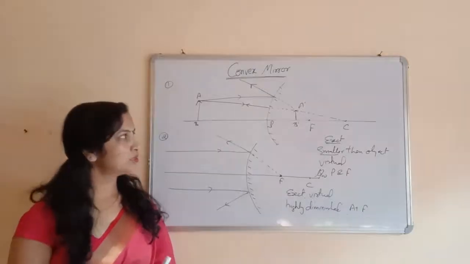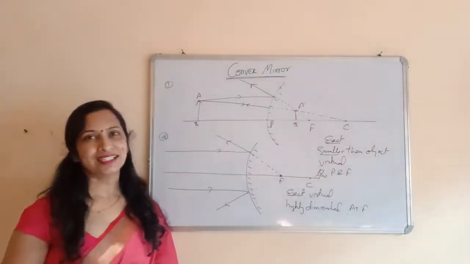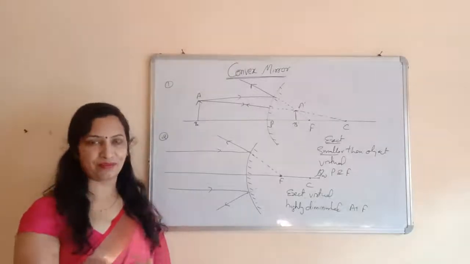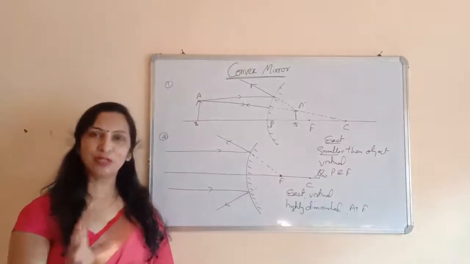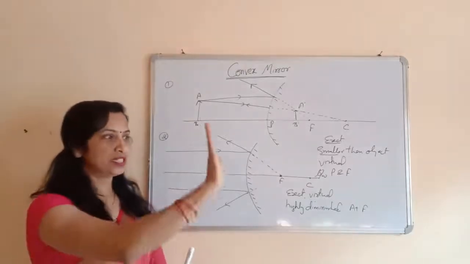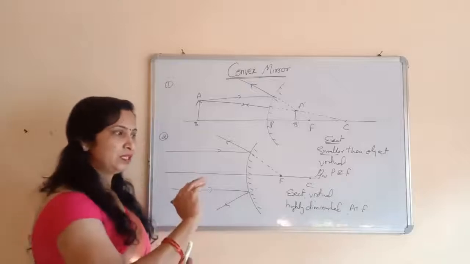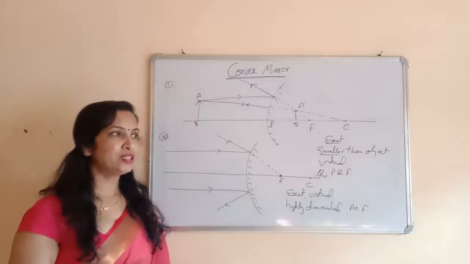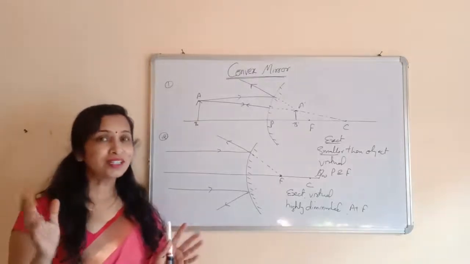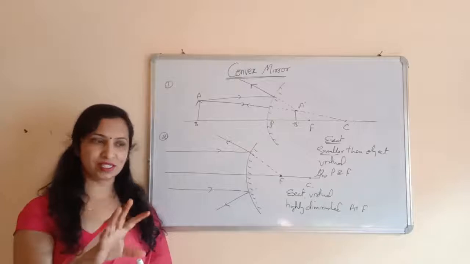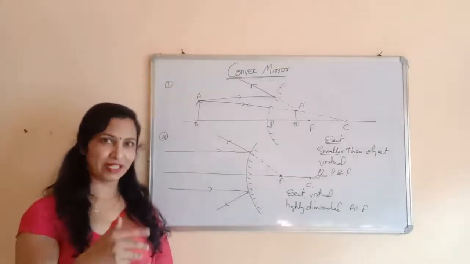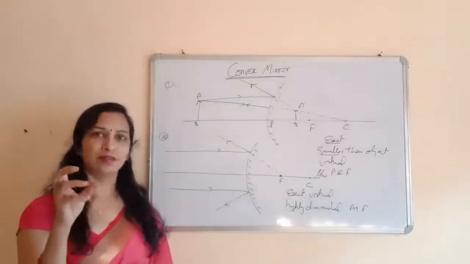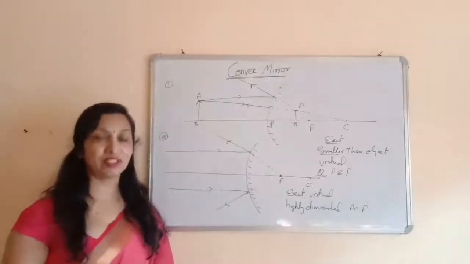Now just think that you have three mirrors in front of you, and you are not allowed to touch them. If you could touch them, you could say that the straight one is the plane mirror, the one curved inward is the concave, and the one curved outward is the convex. But you have to say which mirror is which, the plane, the concave or the convex, without touching them. By seeing the images formed by these mirrors, you can identify the mirrors without touching them.